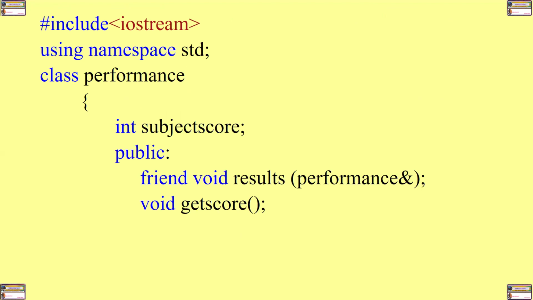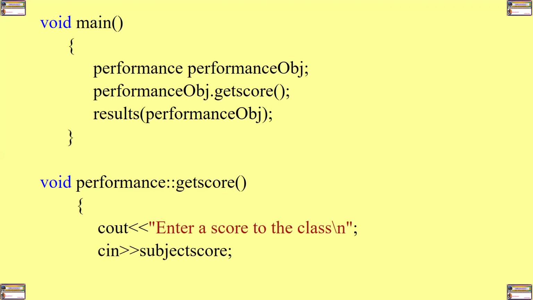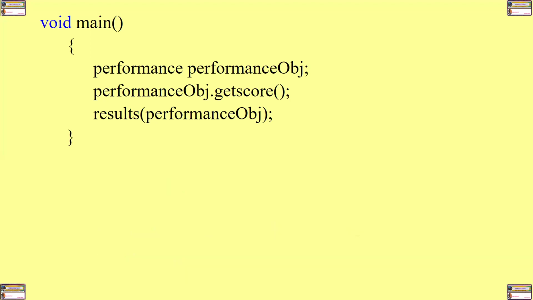So once the compiler comes and encounters this prototype, it will go and look for the definition of that function outside of the class. And where is this outside? In my case, I have defined it after the main. So this is our function called getScore. And you can see the header for this function indicates that getScore is a member of the class called performance. That's why we are using the scope